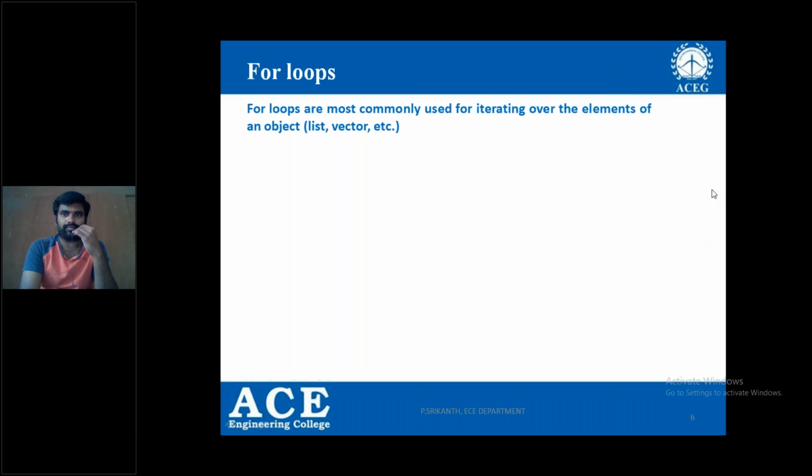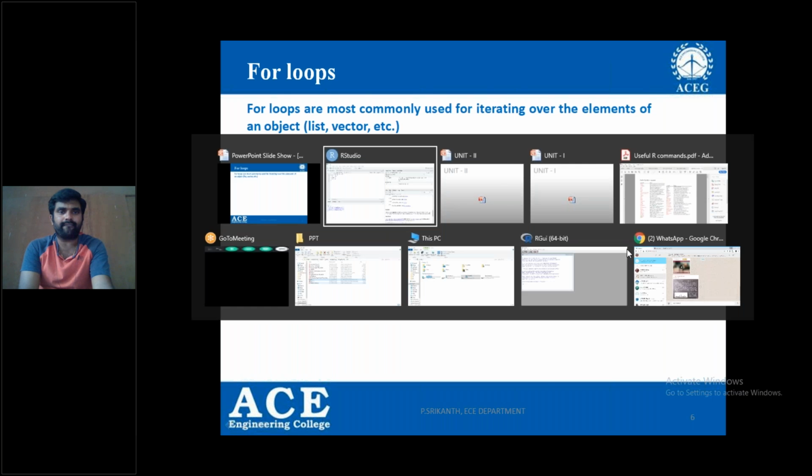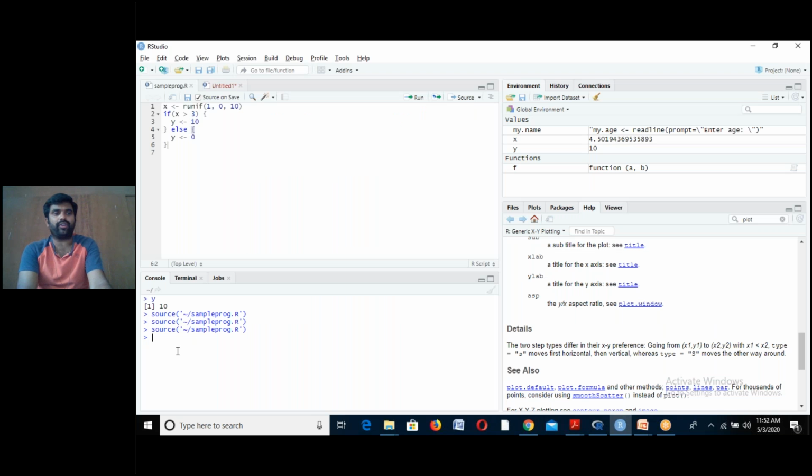Let me show here, and see the console window. For example, x is equal to 1 to 10. If I call x, it shows the values from 1 to 10: 1, 2, 3, 4, 5, 6, 7, 8, 9, 10.